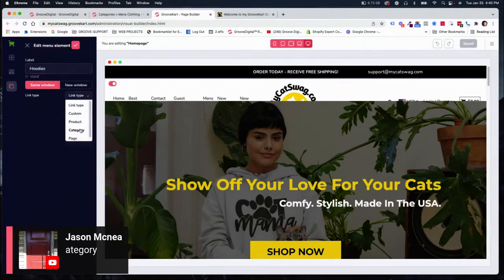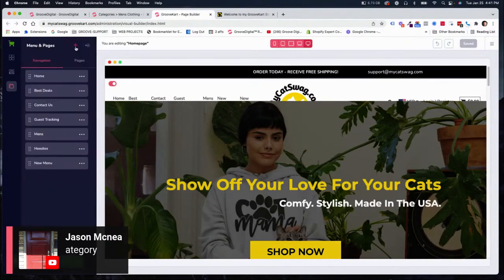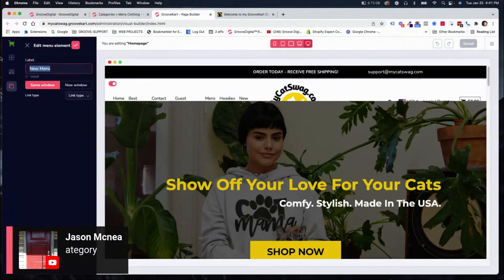Then the link type is a category. You click the plus, you click the plus again, and we select hoodies. We do the check mark. Then we do new menu here, edit menu,